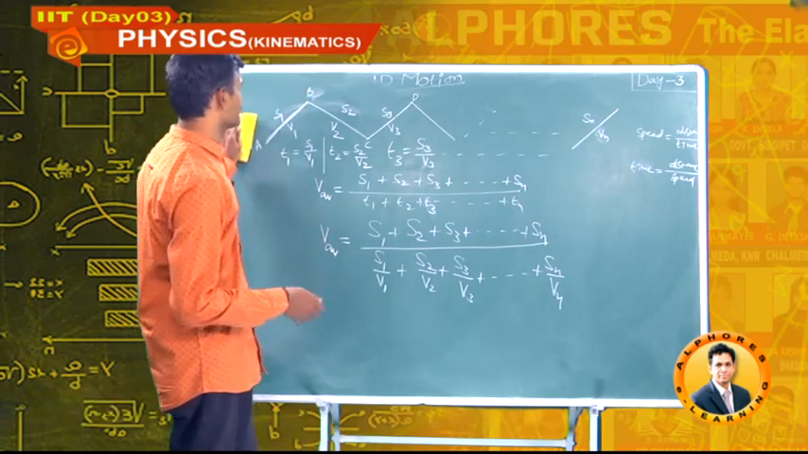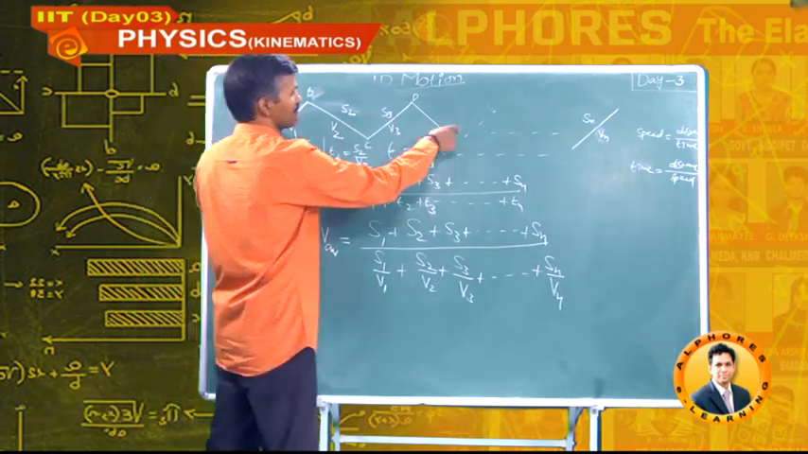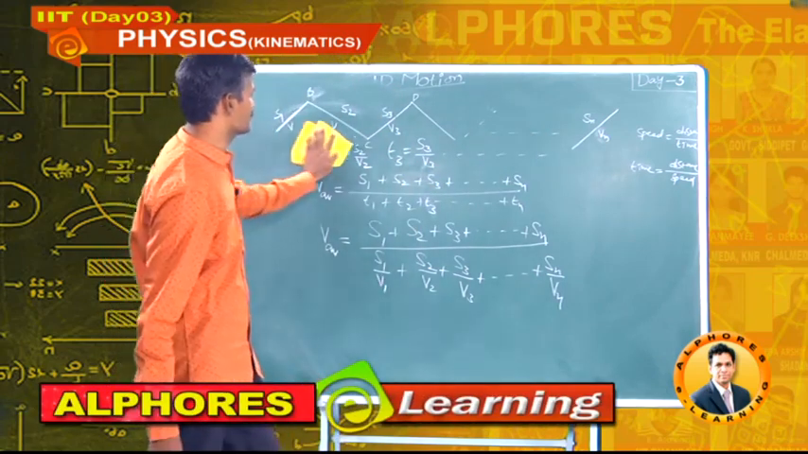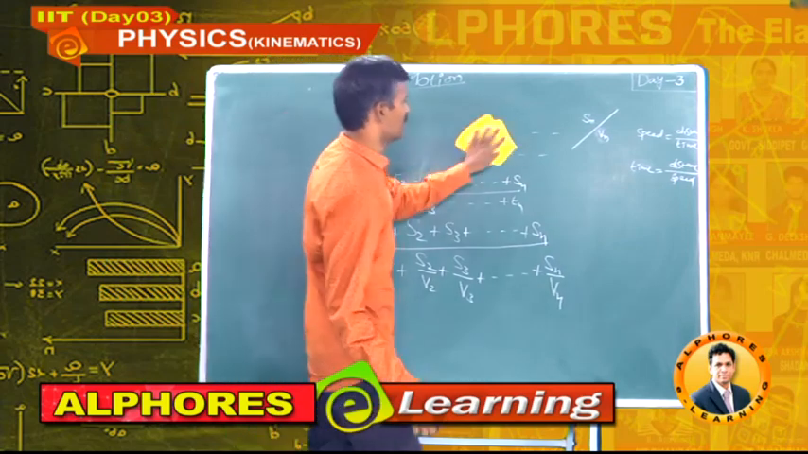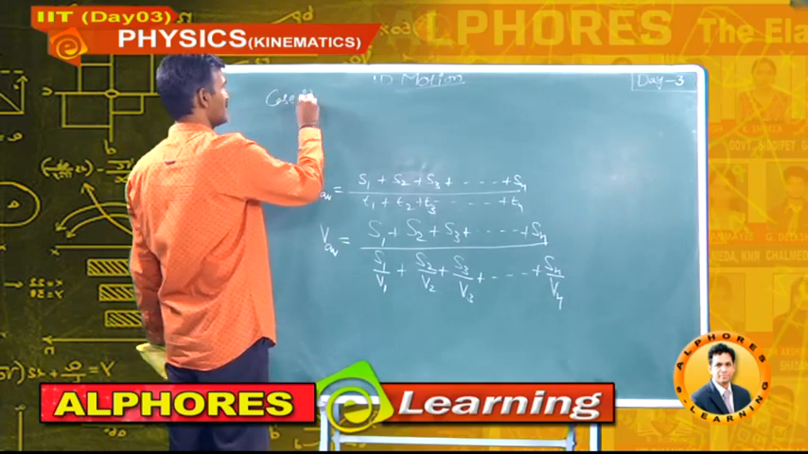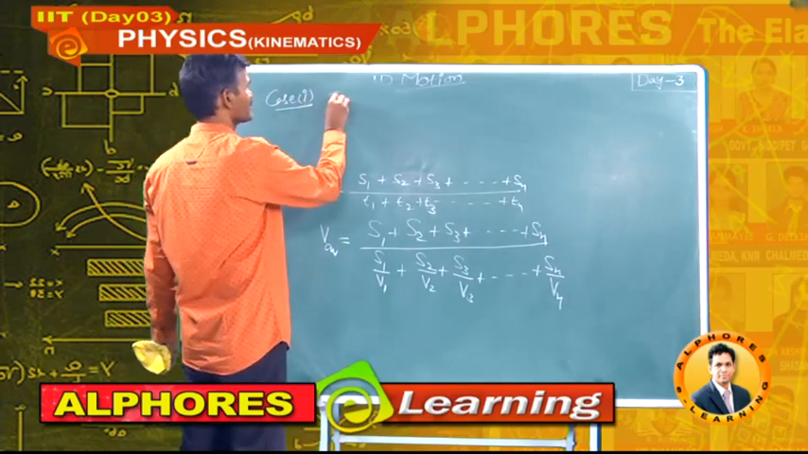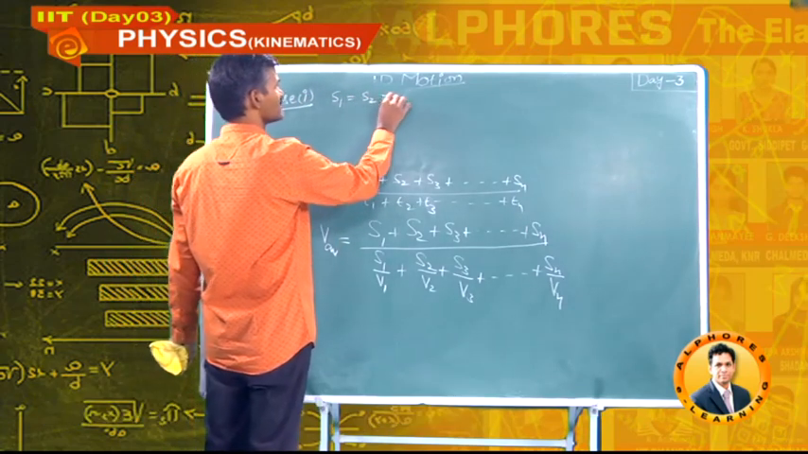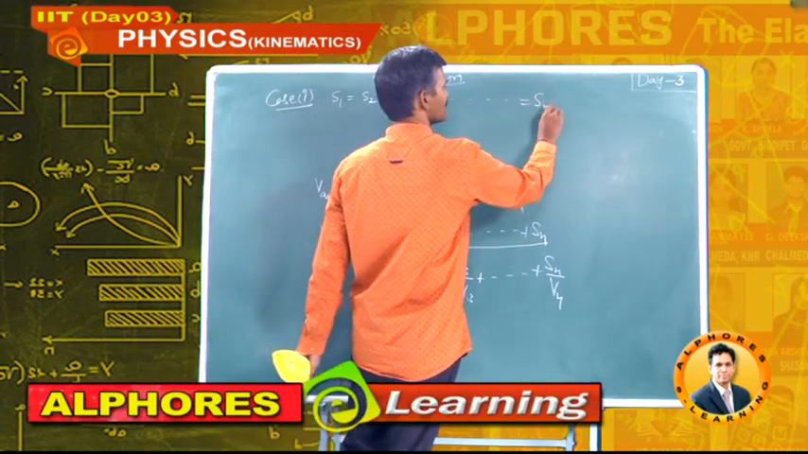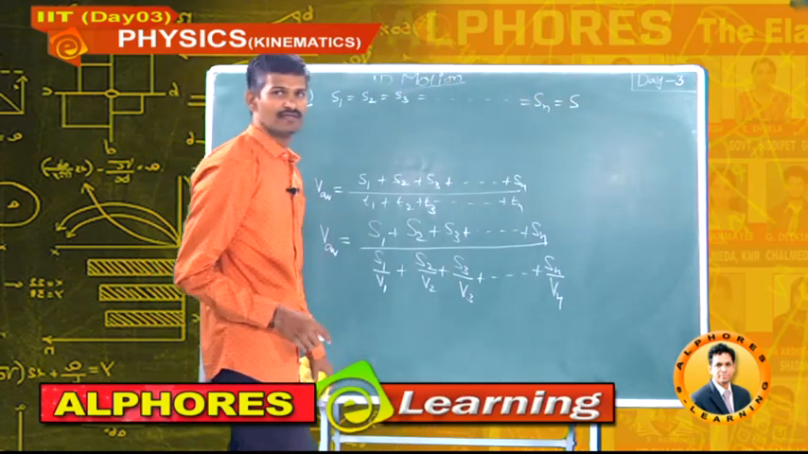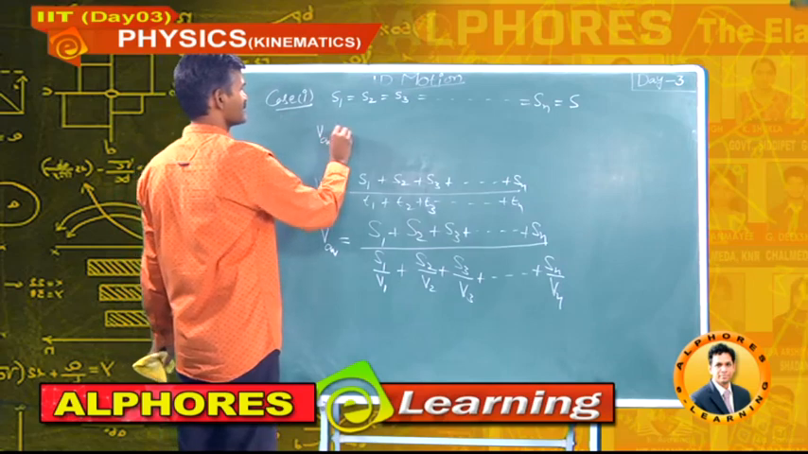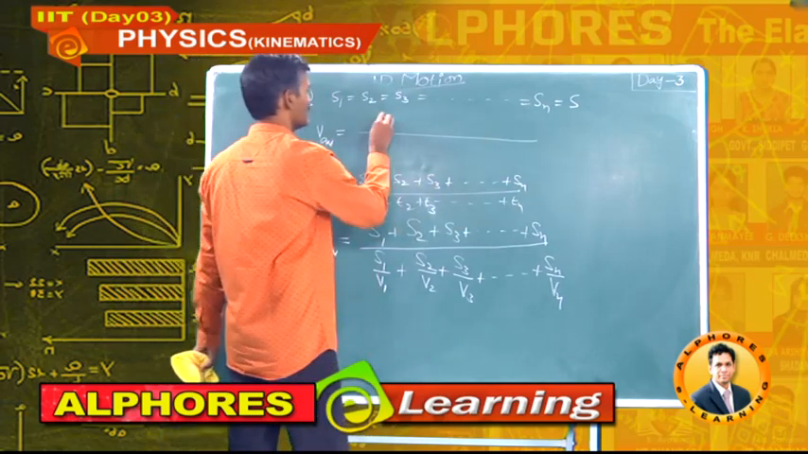Suppose these distances are the same, then what is the average speed? To understand that, I am considering some cases regarding this formula. First I am considering case 1. In this case, if S1 is equal to S2 is equal to S3 and so on is equal to Sn is equal to some S, then the average speed V average is the total distance S plus